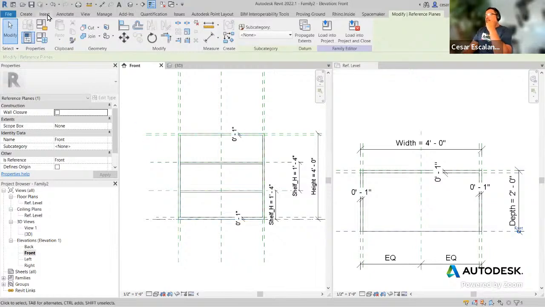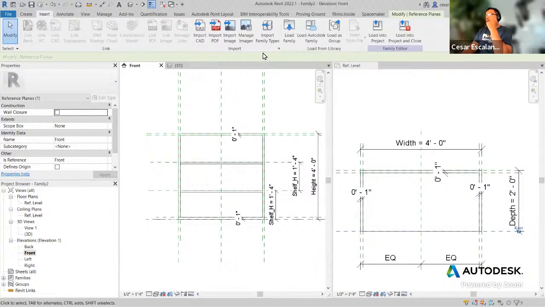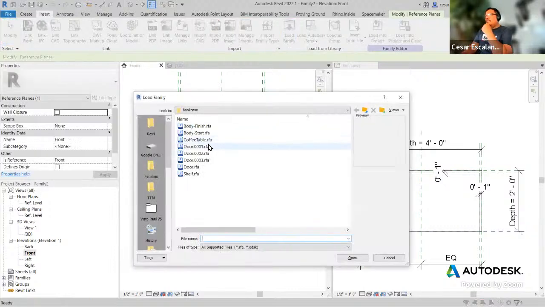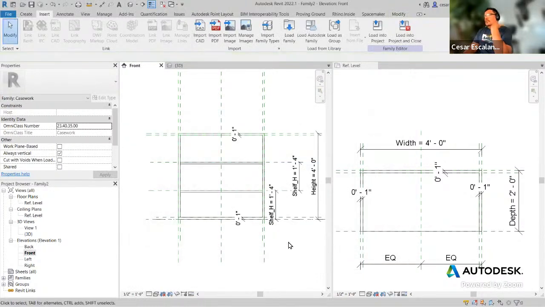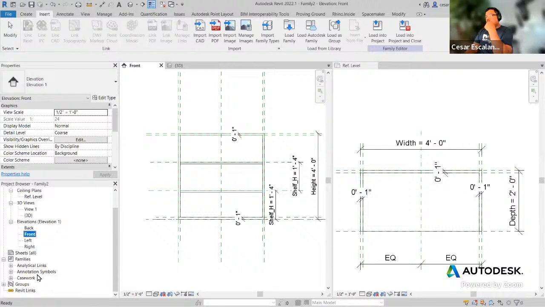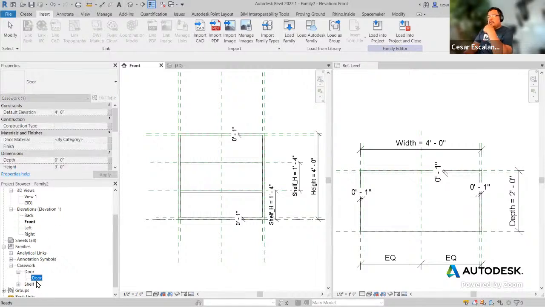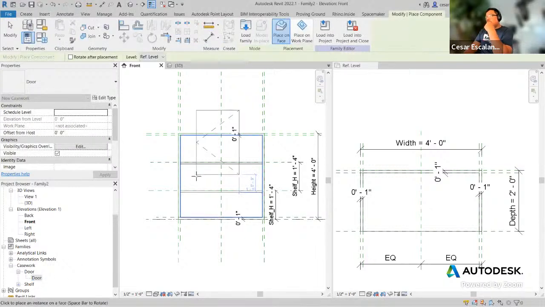So you go to the Insert tab, Load Family, and navigate to the place where you have saved the door. We started with this one, this exercise, and then hit Open. The door now is loaded, and now I can drag it and drop it into the front elevation. So under the Casework family in the project browser, look for the door that we just loaded, drag it,